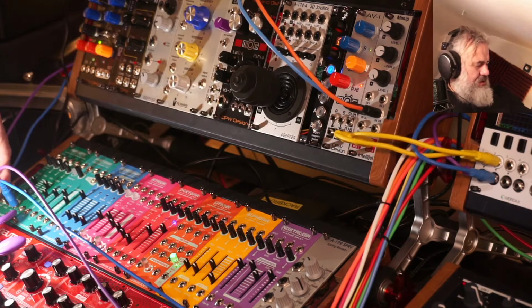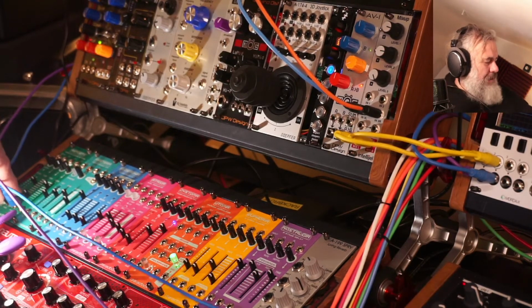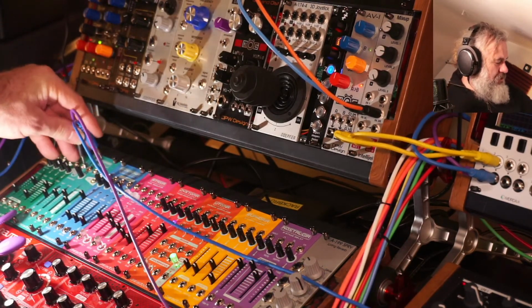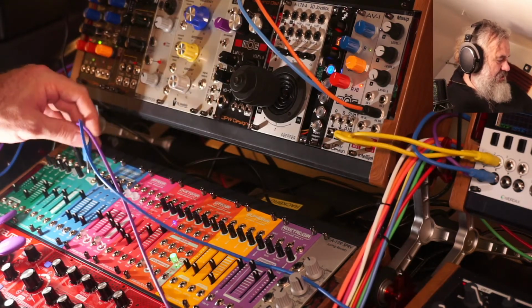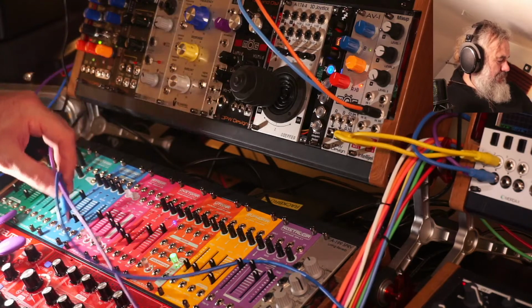Oh, I don't need to with the Carper Strong. Actually, I'm going to come back to the Carper Strong one. I'll just use Hysteria for now. Hysteria is just an analog oscillator. I'll do that for now. And I'll come...